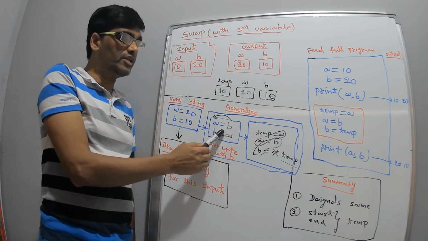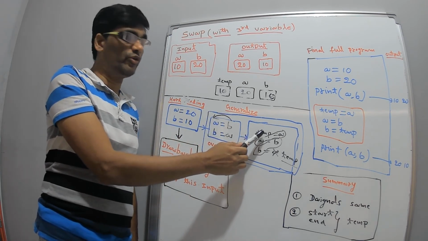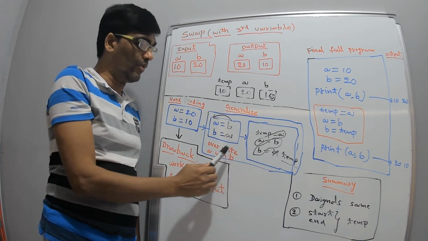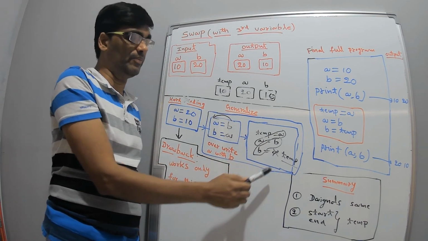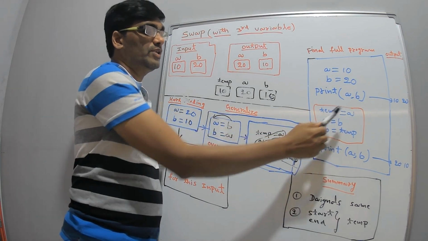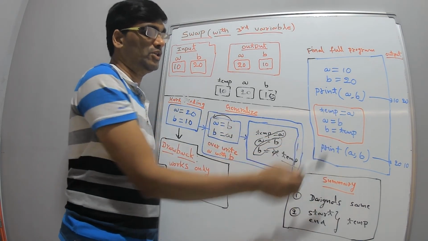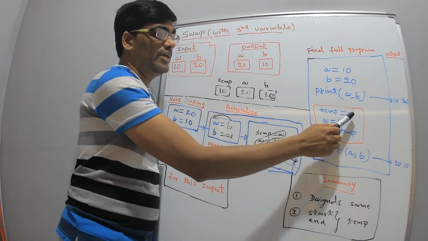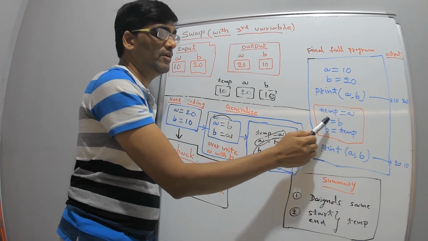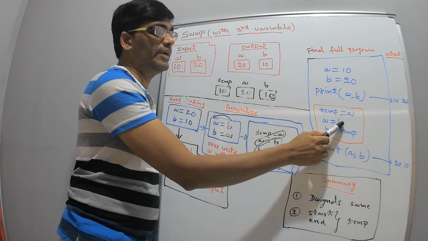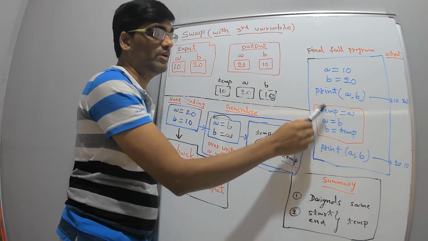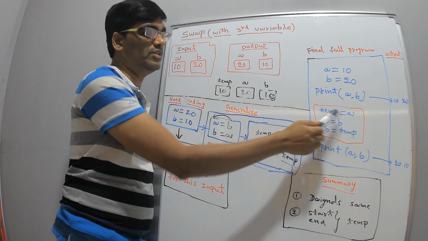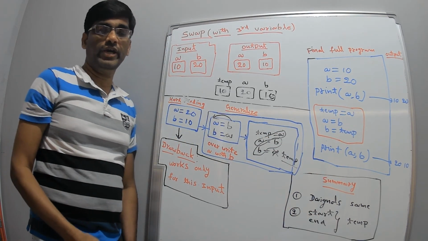So simply what addition have you done? One temp variable you have taken and A value is stored in this one. And at the end, the A value would be overwritten, that's why A value is replaced with the temp. So the code is temp is equal to A, A is equal to B, B is equal to temp. To easily remember, here diagonal is same. This line ending with A, so starting also with A. This line ending with B, so next line starting with B. Starting, ending is temp. So if you remember this, very easily you can write it in an interview.